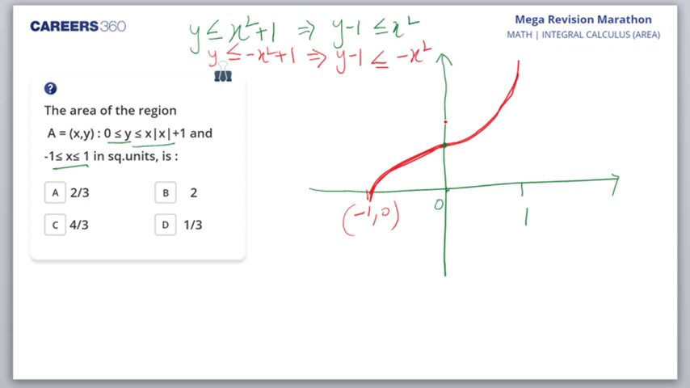Now, what do I have? Between -1 and 1, I need to calculate. So, the graph would be like, what area am I interested in? I'm interested in the area, this portion, x equal to -1 to x equal to 1. This area I'm interested in. So the required area would be